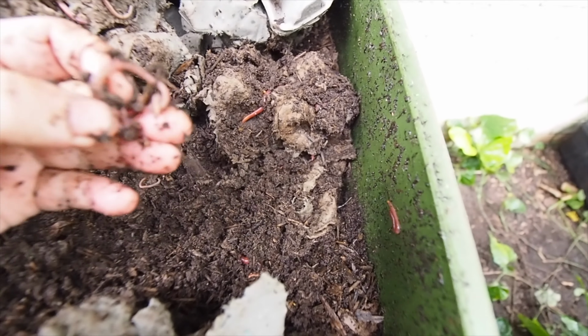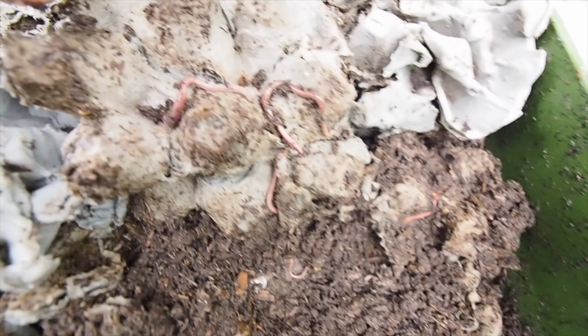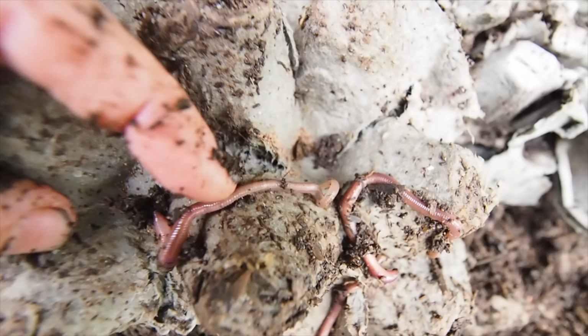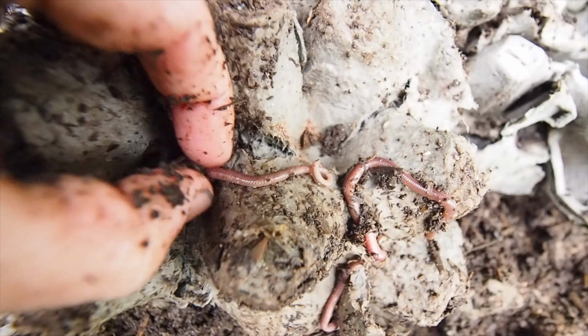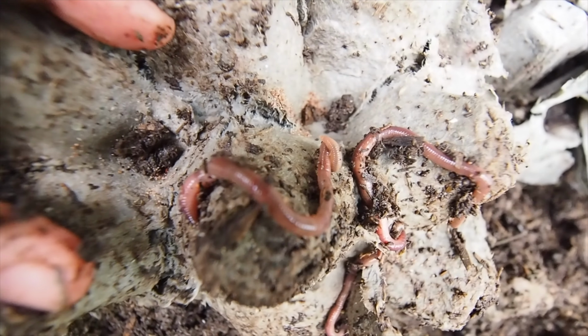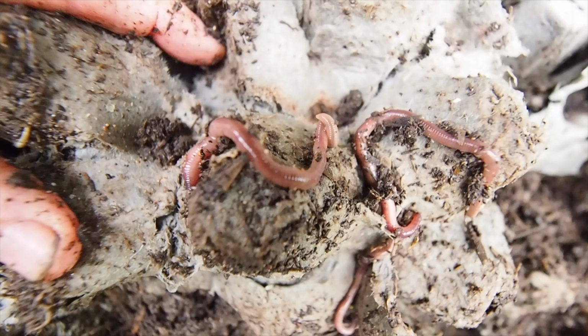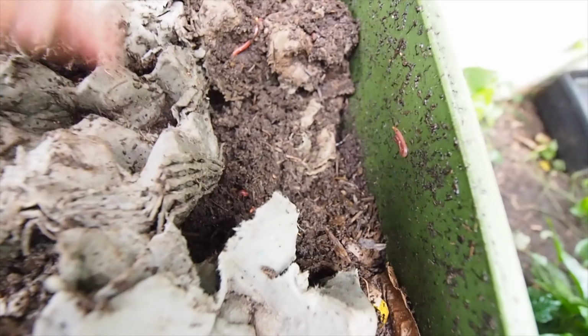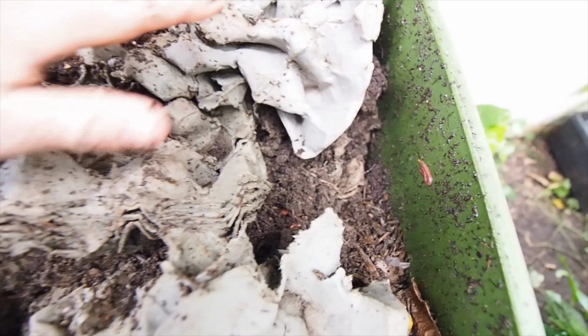Oh, here's a nice worm. I'm going to put it up here in here. This is more a mature one. It's what I was looking for. A lot of babies up in that manure for some reason. And this one here, that's a good looking mature tiger worm. So what we'll do is we'll cover this back over again, keep that nice and dark in there,